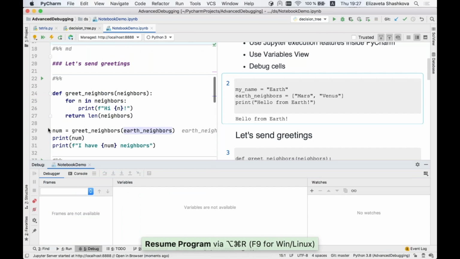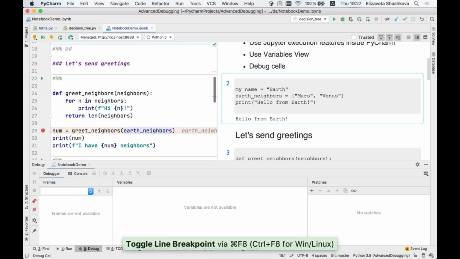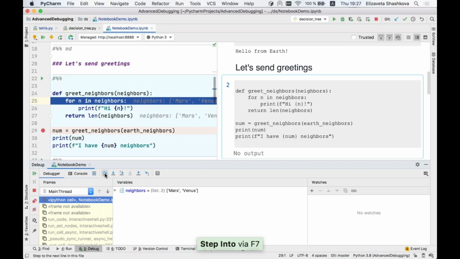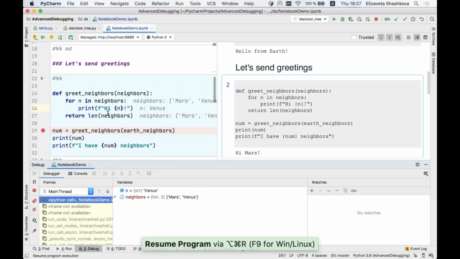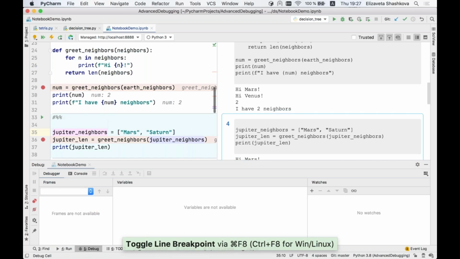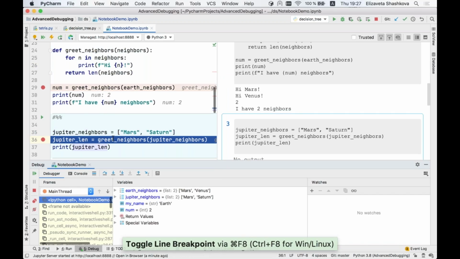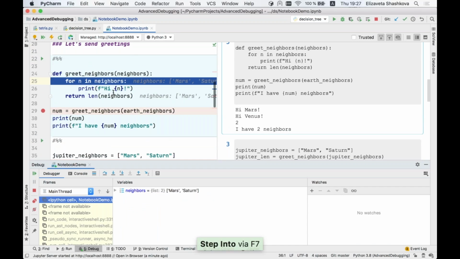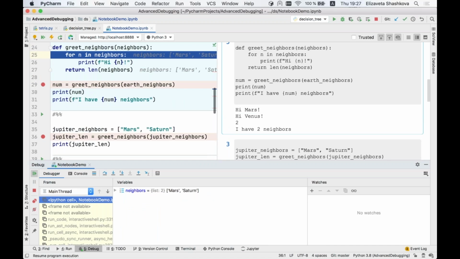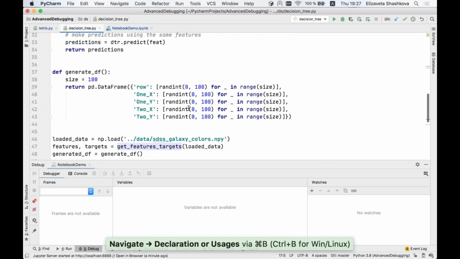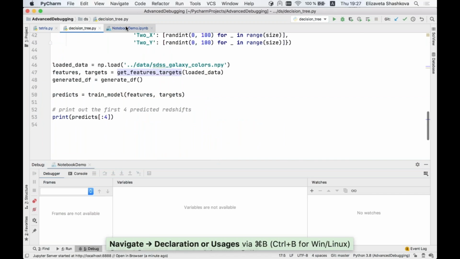Not only are breakpoints supported, of course, you can step into a function. You can see this function defined in this cell, and you can iterate over values here. You can step even inside functions defined in the other cell. So you can see here, I stepped into another function, into another cell, which was defined there. And even if you're importing code from a Python file, of course, you can import a Python module inside your